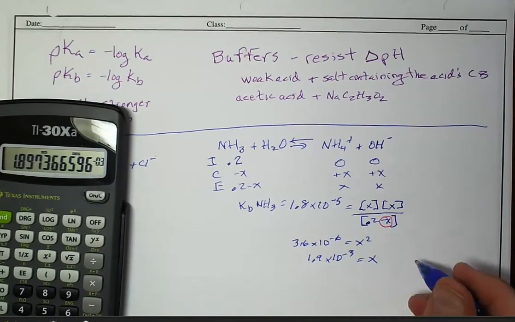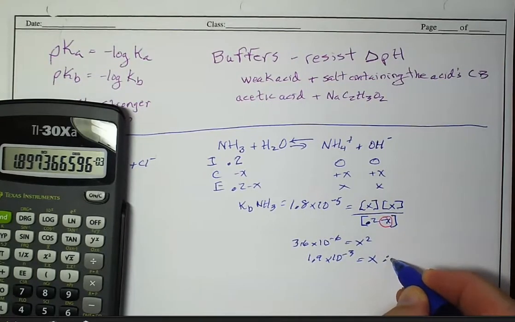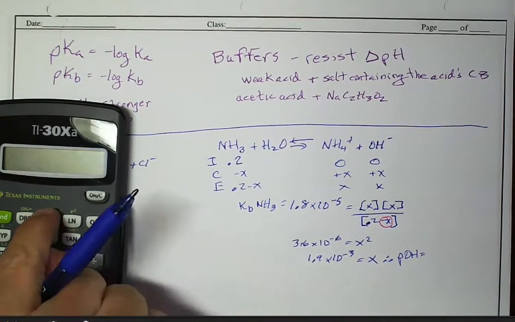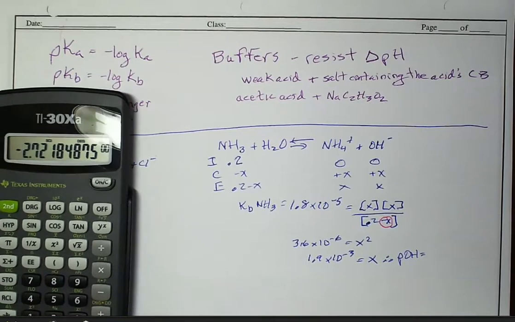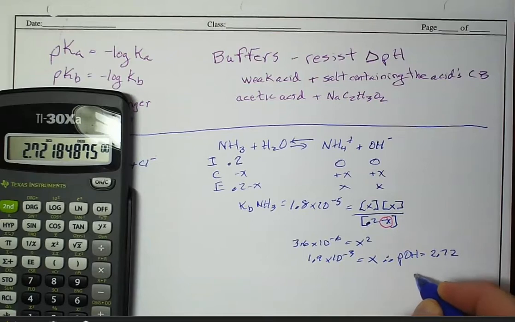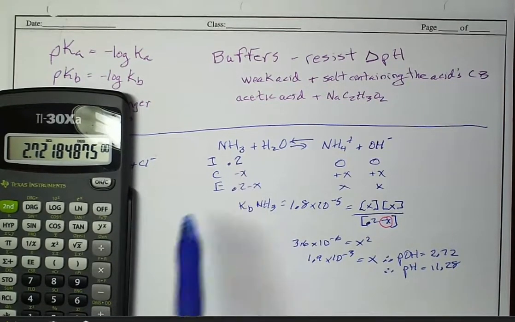And that would give us a pOH of the log, change the sign, 2.72, and therefore the pH would be 11.28. Okay, now all of this is saying that if we just had 0.2 molar ammonia. All right,